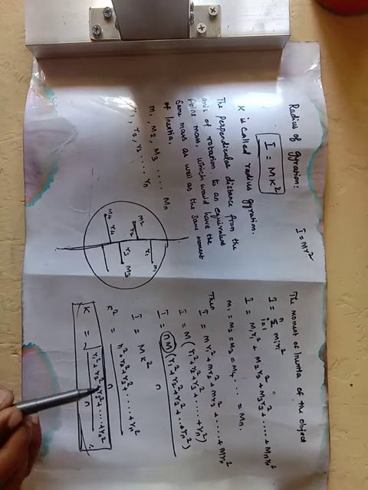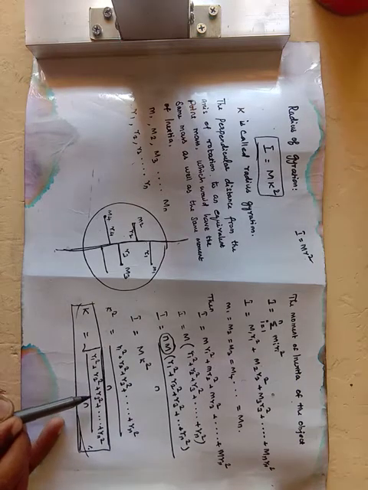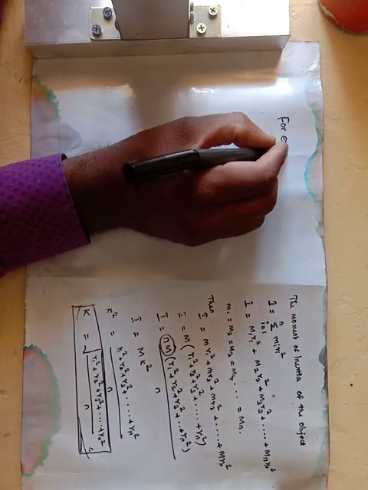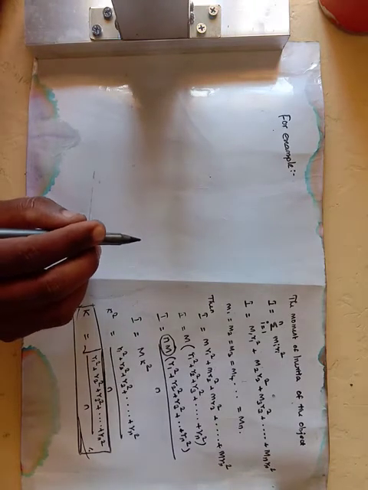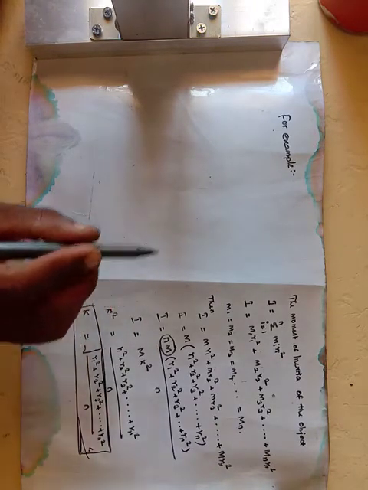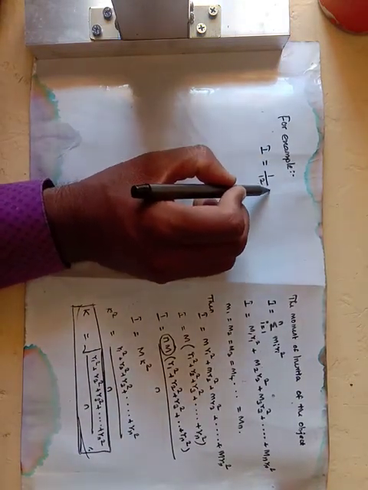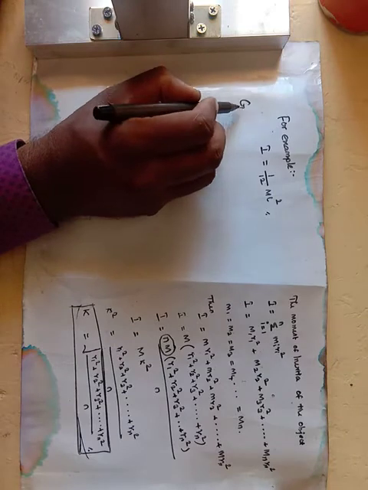So we can write what is the radius of gyration: it is the root mean square distance of the particles of the body from the axis of rotation. From the radius of gyration, for example, we can take the moment of inertia for the uniform rod. Already we calculated the moment of inertia for a uniform rod of mass m and length L, that is I is equal to 1 divided by 12 m L square. Already I taught you.